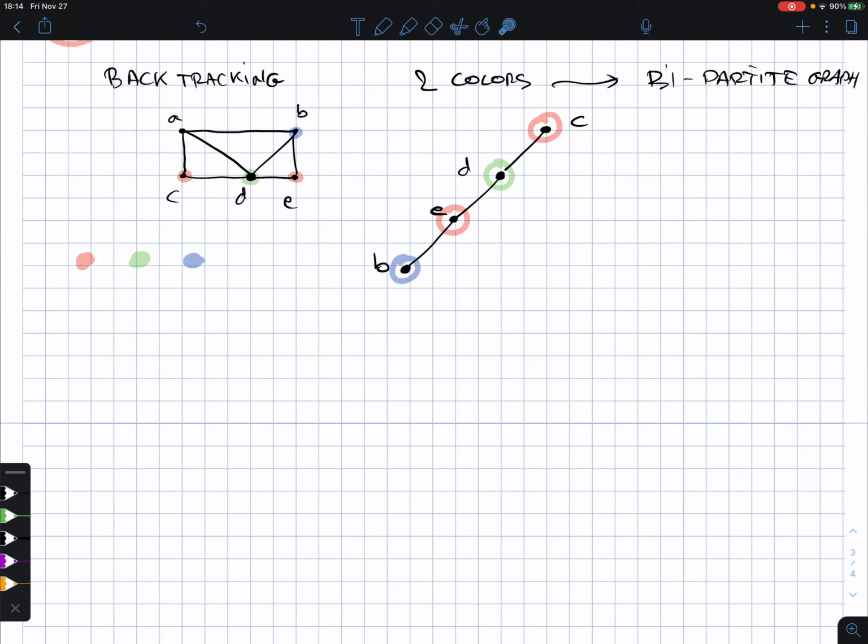So let me point it out here. So there's no further solution. So the next one would be A, but I cannot color this, right? This has no color, A. I'm just saying it, let me not write it down, because otherwise there's too many lines here. So what I do now is at this point I backtrack, and I go back to E, and I say,